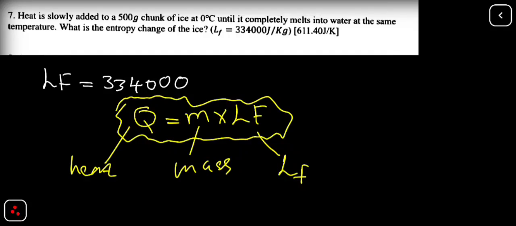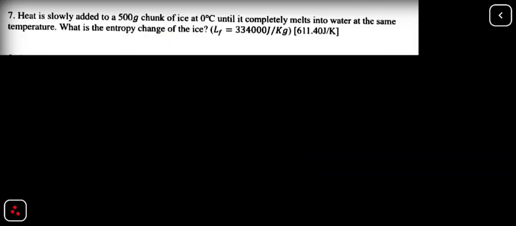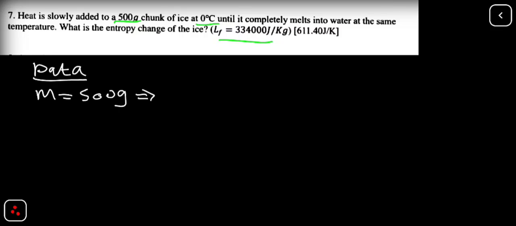Now the question is asking us, what is the entropy change of the ice? So let us calculate the entropy change. We've been given the mass, the temperature, and the LF, the latent heat of fusion. So we collect our data. We have mass, which is 500 grams. We're supposed to convert it to kg, so you divide by 1000. When you divide 500 by 1000,